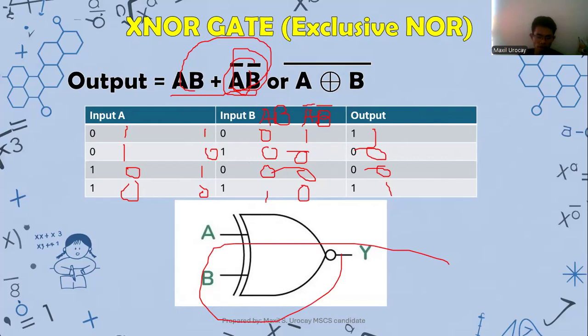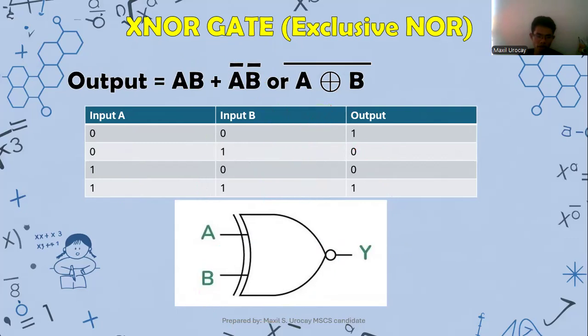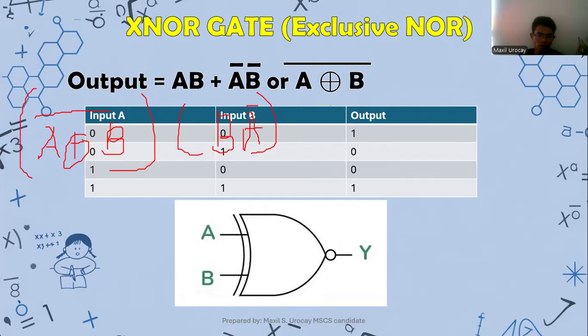So for the illustration also, let me give you an example for that. If ever, class, we have this kind of situation, A plus B, just like that. What is gonna happen? Times BA also, but A will be inverted. So what is gonna happen? AB, we will invert them.